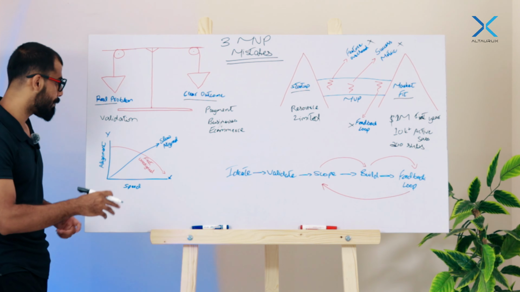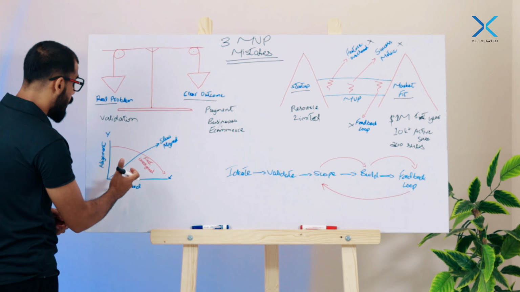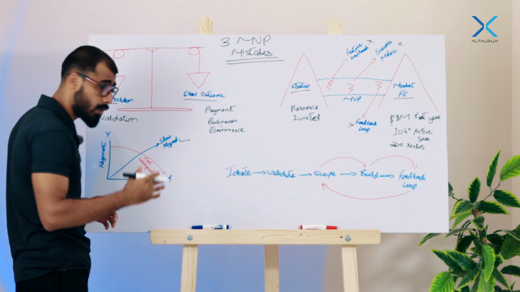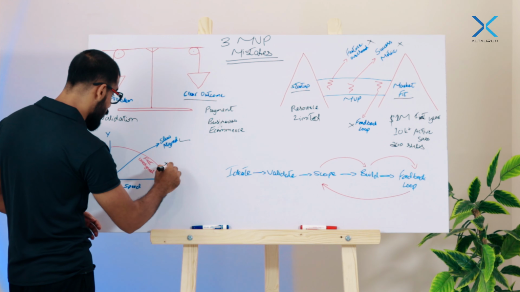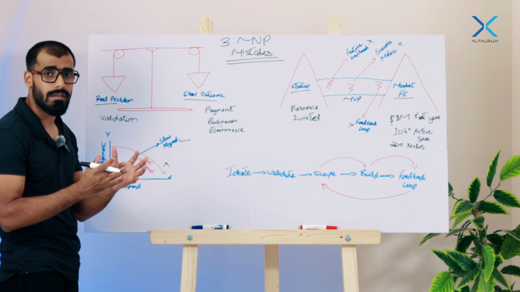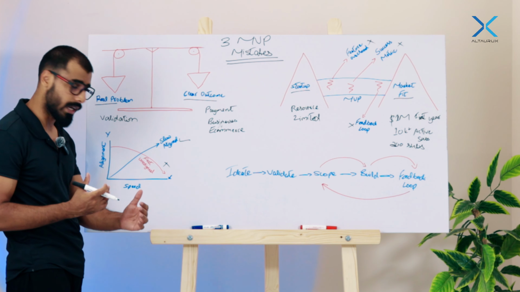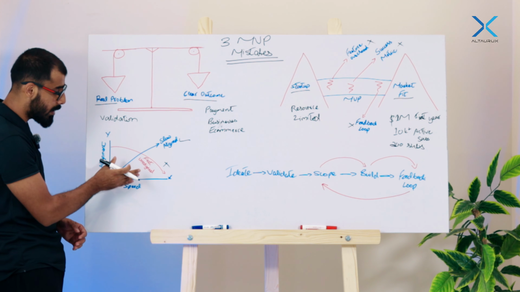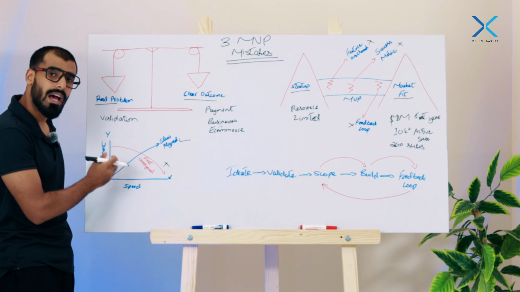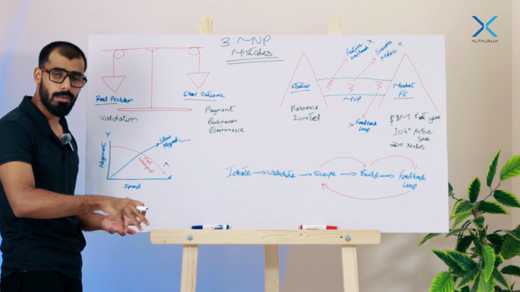Also, let me just give you an analogy here, okay? When you're starting out, this is how the graph actually looks like. So if you have slow aligned MVP, that's actually the way out. And normally founders opt for fast, unaligned MVP, which is actually not the right way to move forward, right? Because honestly, you have to understand that the first impression of the business is the last impression, right? Now, if you have unaligned MVP, okay, this is how the trajectory looks like. So you're initially fast, but it's unaligned. So you slow down as you increase the traffic onto your product.